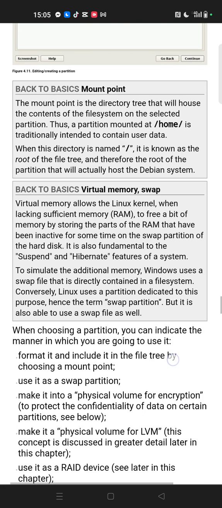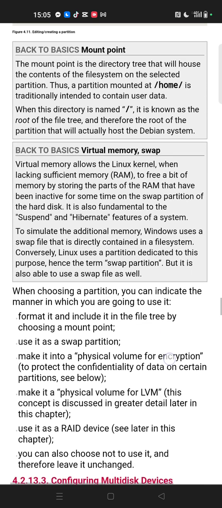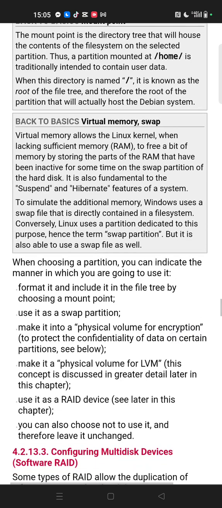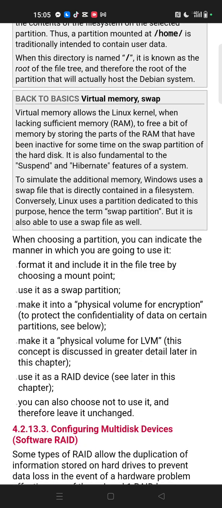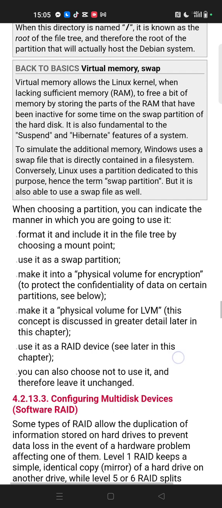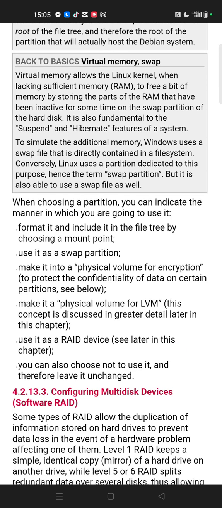To simulate the additional memory, Windows uses a swap file that is directly contained in a file system. Conversely, Linux uses a partition dedicated to this purpose, hence the term swap partition, but it is also able to use a swap file as well. When choosing a partition, you can indicate the manner in which you're going to use it. Format it and include it in the file system using a mount point, use it as a swap partition,